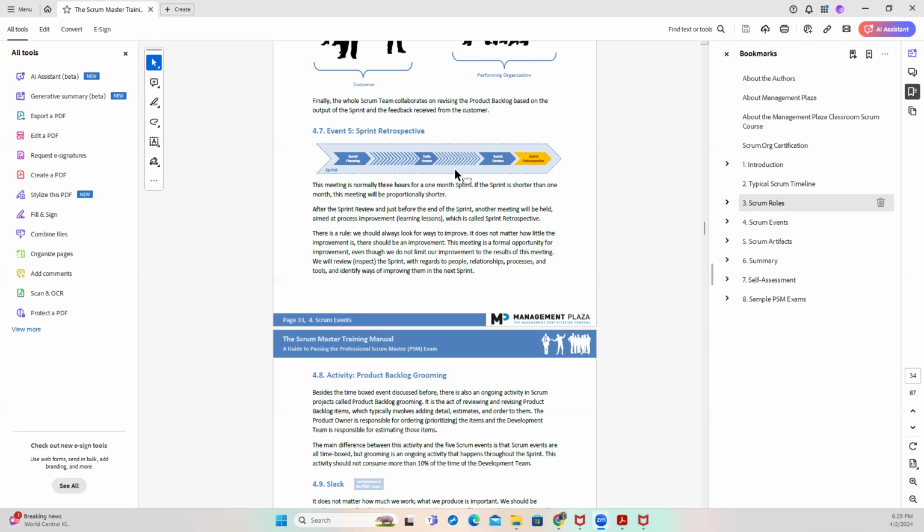They plan that, and it's only for those who work on that project. So the shareholder and the customer are not allowed for this event. It is just us who work on that project that are allowed to be in that sprint retrospective. We want to see what we did right, what we did not do right. For example, in all my projects, whenever we've done our retrospective, we've answered that question: what did we do right?